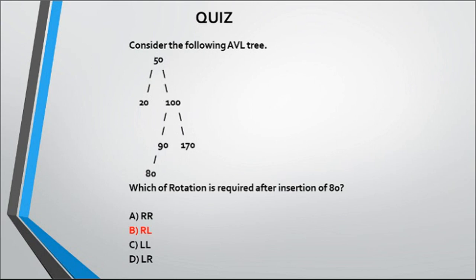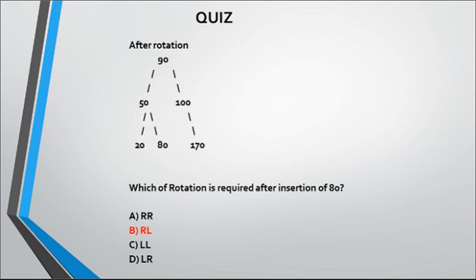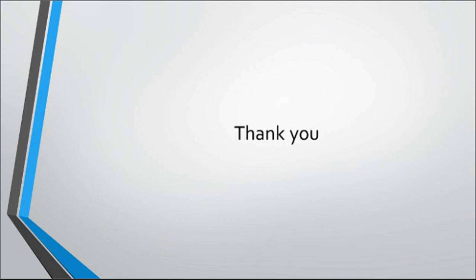Then we'll add the others. So 90 will be the root. So 90, 50, 100, and we will add the other nodes over here. So this is the quiz time. So like this, quizzes can be asked. Such types of questions are there, MCQs. So this is over as per the rules. Now in the next lecture we will solve some AVL tree construction and another operation, that is the delete operation.